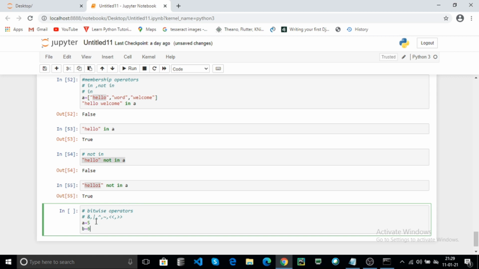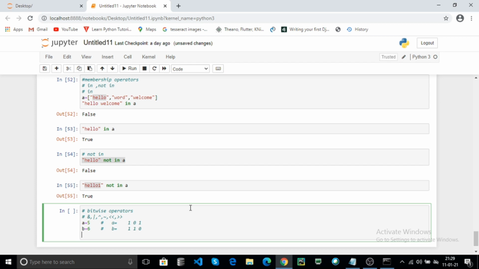How the bitwise operations are performed: here a will be converted into binary. For example, the binary value of 5 is 1 0 1 and b will be converted into binary, here 1 1 0.